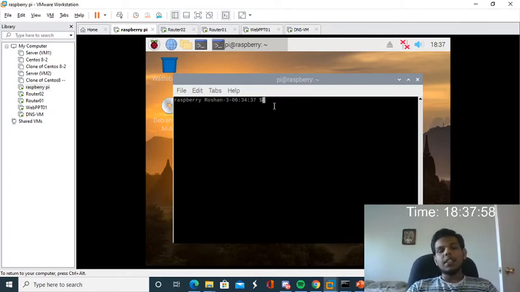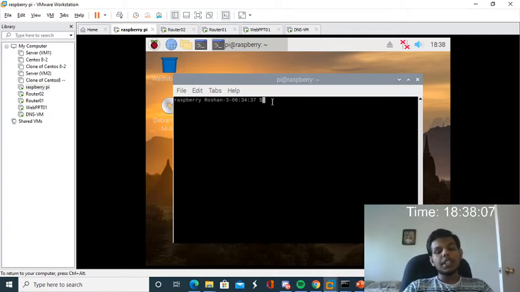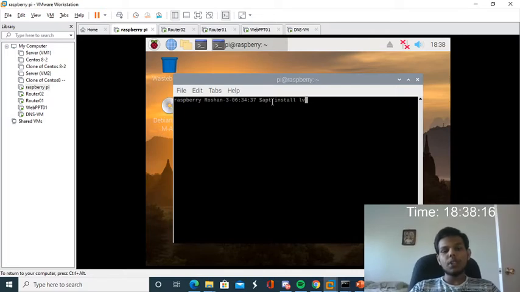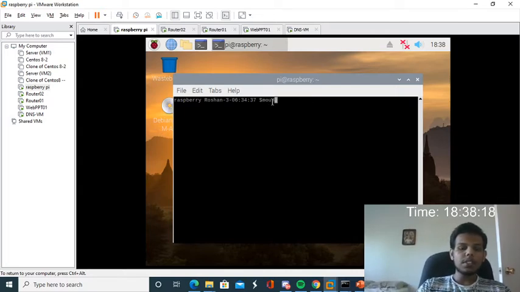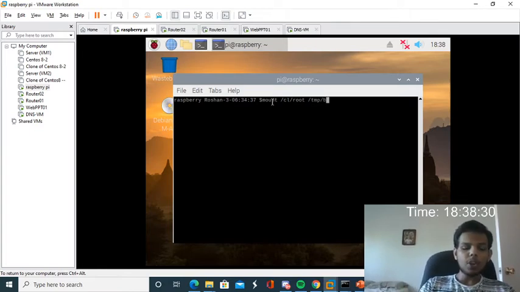After that, the second partition was an LVM partition. For that, I have installed one package called LVM2. So I have typed apt install LVM2, and after that, for mounting the second one, I have typed the command mount slash device slash cl slash root, then the directory slash dmp slash broke.